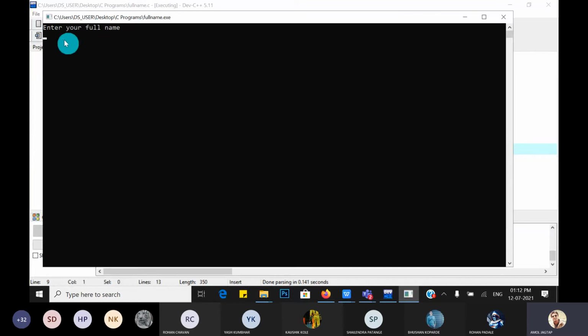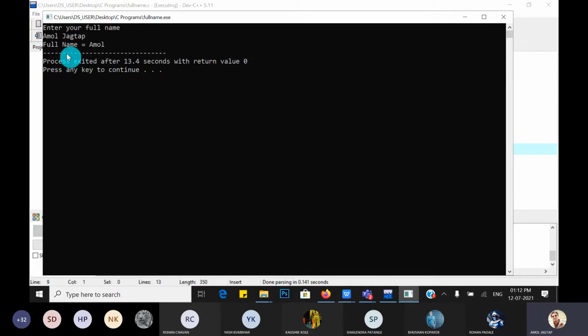Yes. Enter your full name. Suppose my name is Amol space Jagtap and I press the enter key. As the enter key is pressed, what happened? Full name is equal to Amol only. Not Jagtap, it is not displayed here.